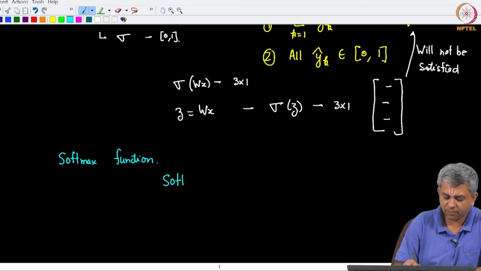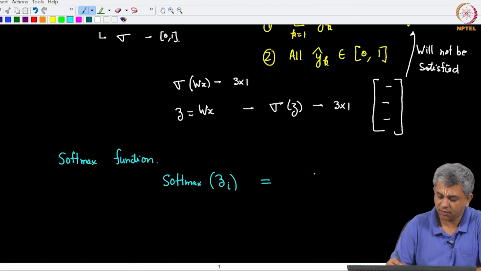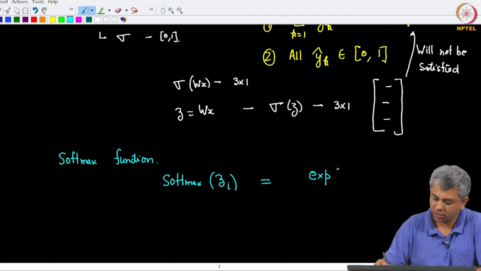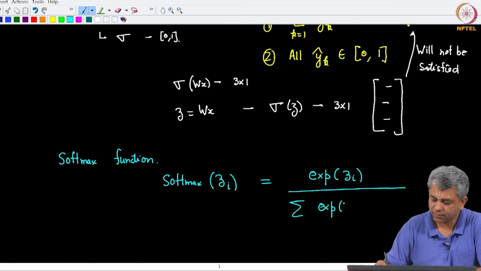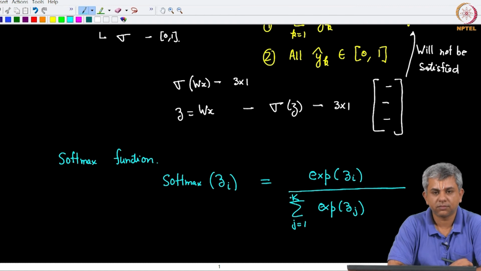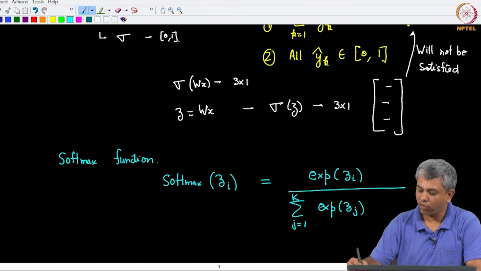Softmax of z i is equal to exponential of z i divided by the sum of the exponentials of all the components. So, it is simply normalizing the exponentials of all these components.